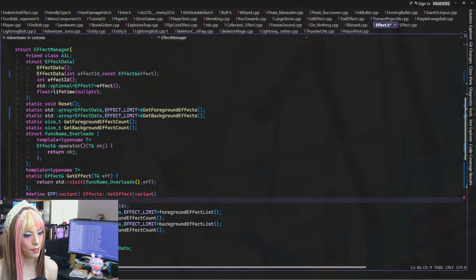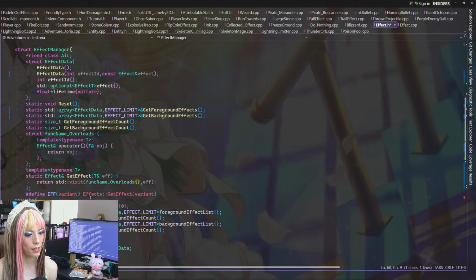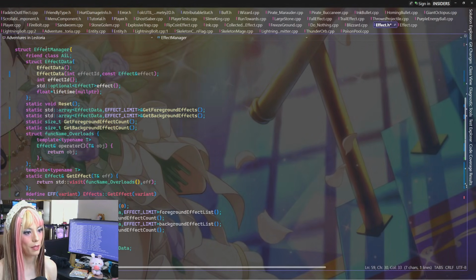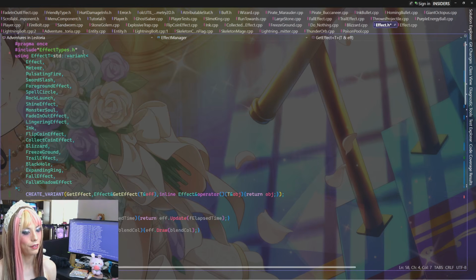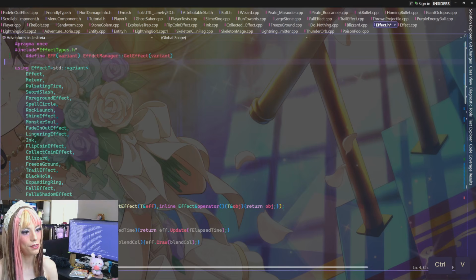So I just copied it over here just to see. These are public, so I'm going to start here and see what happens. So this is going to look like this, and this is going to be effect manager, get effect, which I can define at the top of here, I guess.